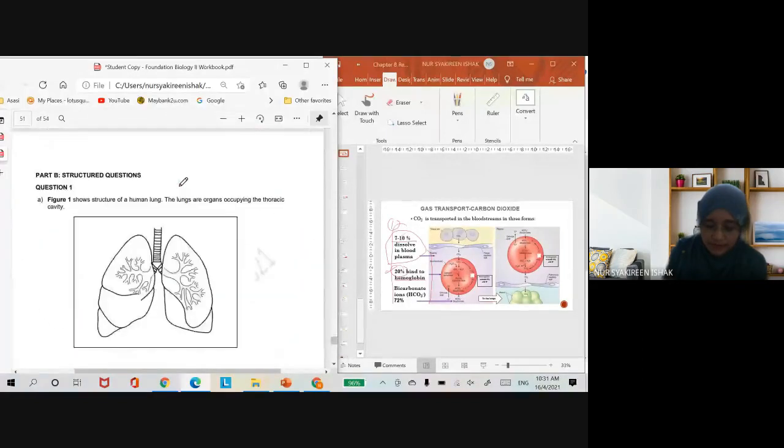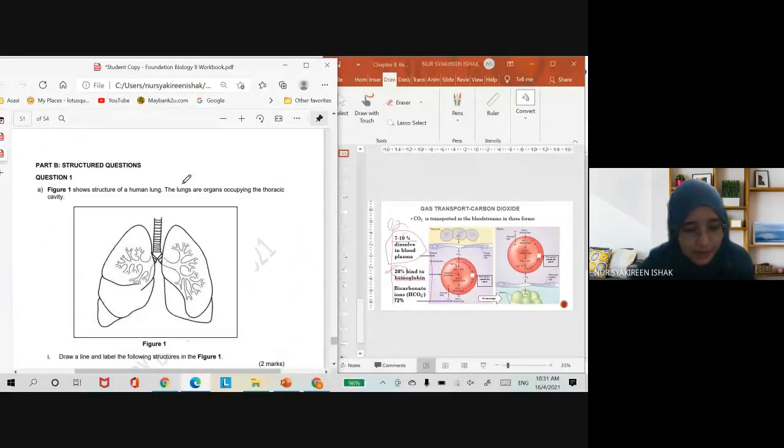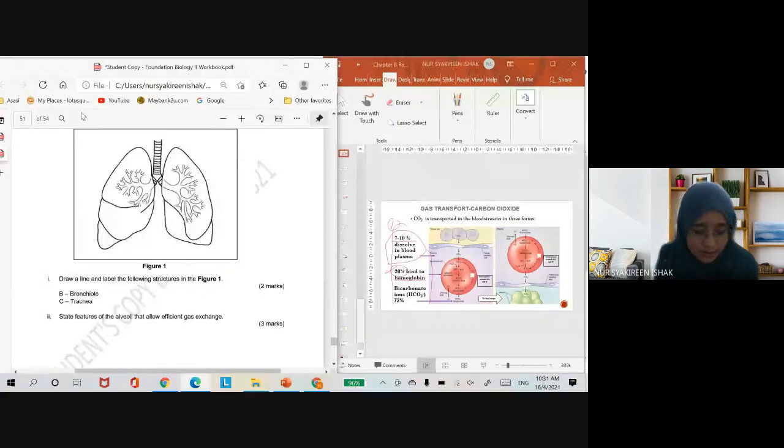Okay, so now we move on to the next part, which is part B for question number 1. Okay, structured question here. Okay, so figure 1 shows a structure of a human lung. So the lungs are organs occupying the thoracic cavity. So draw a line and label